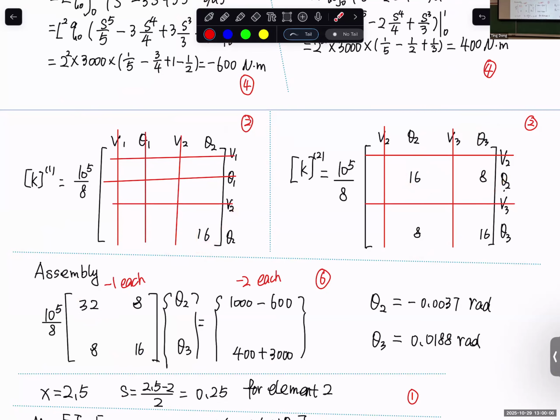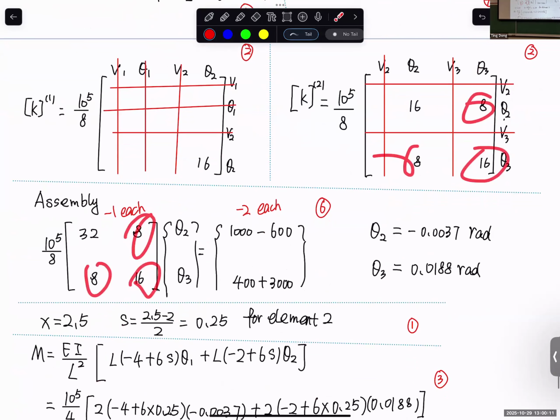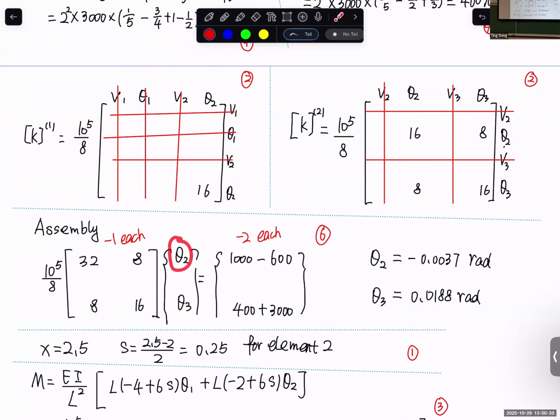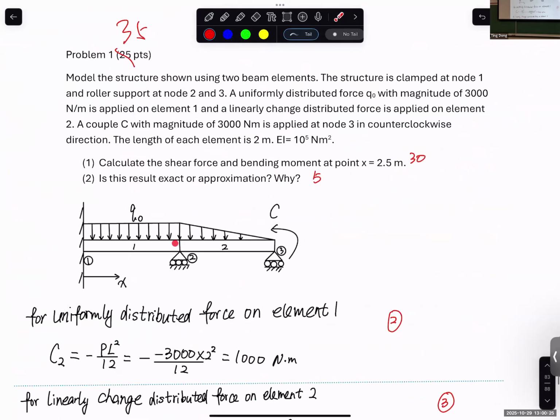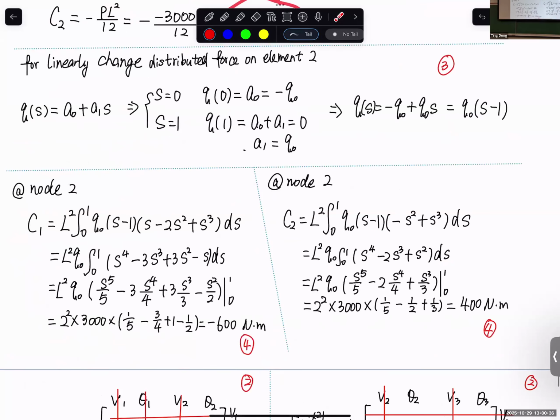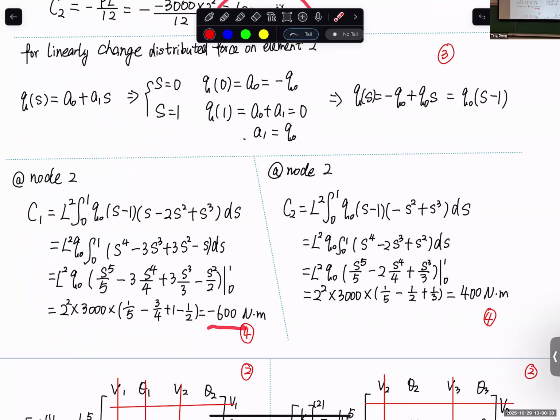And we have 8 moved here, 8 moved here, 16 moved here. And for the fourth term, the force adjoint term is the couple here. Since this is theta 2, this is the C2. So C2 comes from two parts. One is from this element, one is from this element. And we already calculated that for the second node of the first element, we have 1000. And this is also the first node of the second element. And for the first node of the second element, we have negative 600. So it becomes